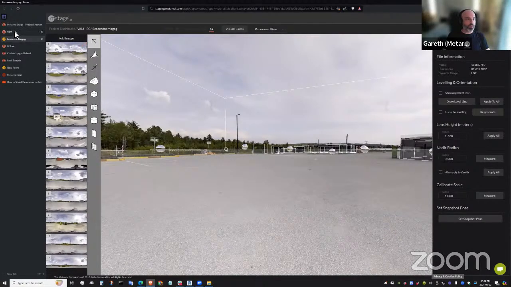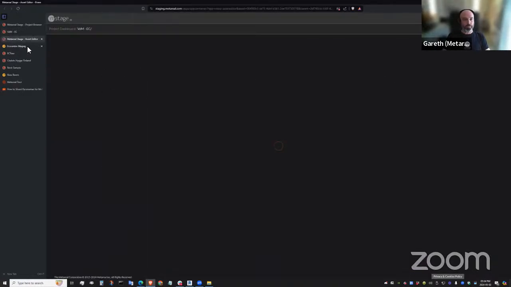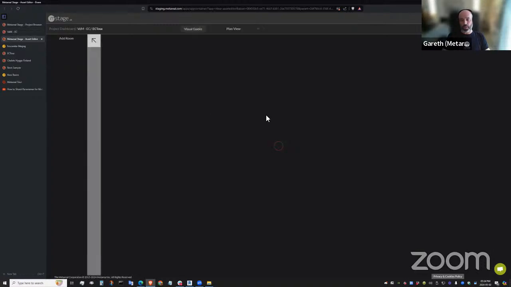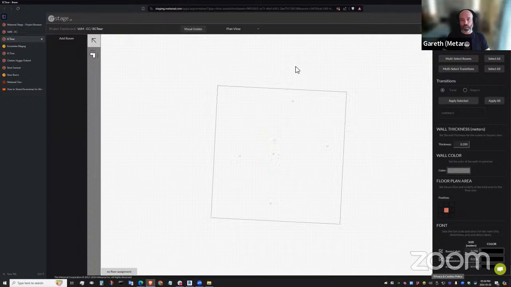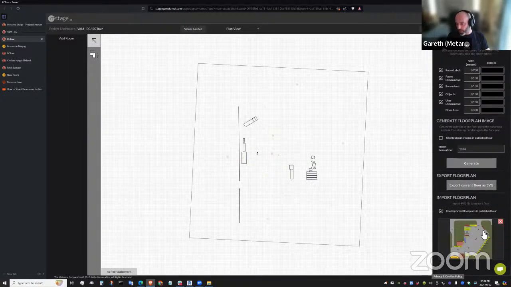So if we head into the tour editor, because we were looking at all that in the room editor, we can now see that we've got a few other interesting things. In the plan view, we've marked out some of the objects and said we want these to be visible in the plan view. In this case, the customer used their own custom map floor plan in the tour. So these objects are really just there to help the customer locate the floor plan against the tour, to do the alignment.